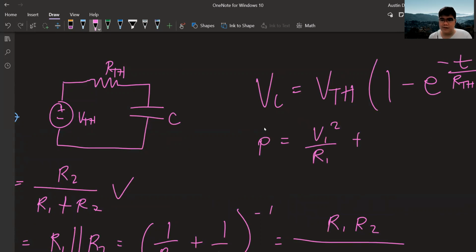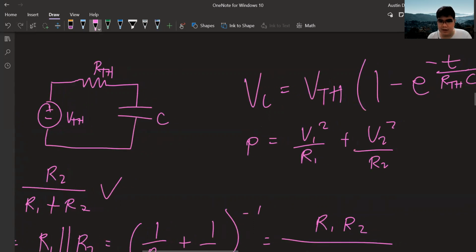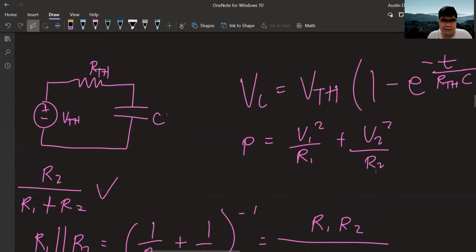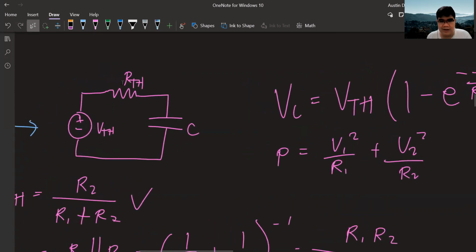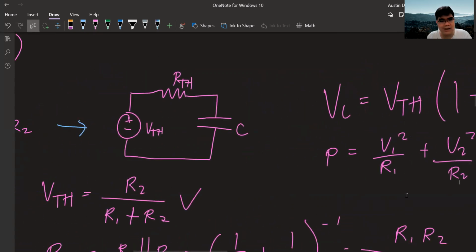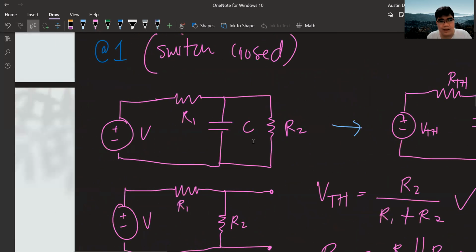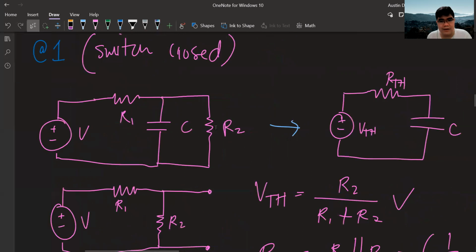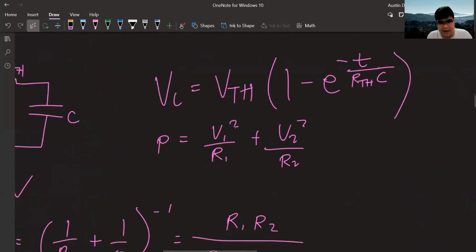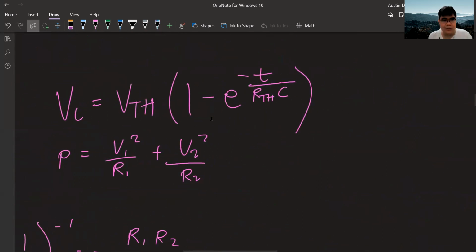And then plus yung sa V2 naman, over R2. Okay? So since square sila, hindi sila bound by superposition, okay? So hindi pwedeng si RTH yung gamitin natin. Babalik tayo doon sa una nating system. Okay? So ayan, kailangan lang natin kunin